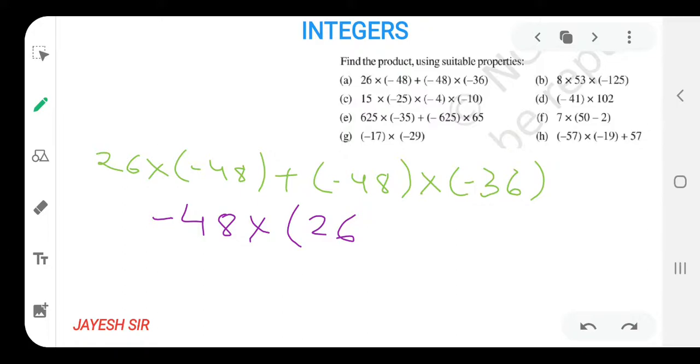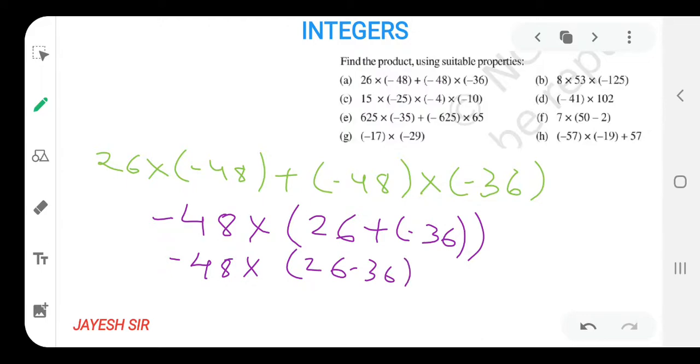That's very easy. And 26. Here we need to see the sign. Plus minus 36. Yes, friends, what we can do? At home I got 26 chocolates, and in my school I got minus 36 chocolates. I have added both of them. Now we need to solve it by the sign rule. 26 plus minus, that means minus would be there. So minus 36. So 26, I am having 26 rupees, but I need to give 36 rupees. That means I need to give 10 more rupees to my friend, that I will give him afterwards.